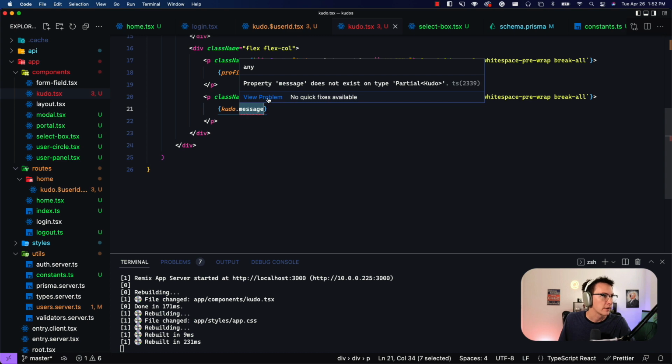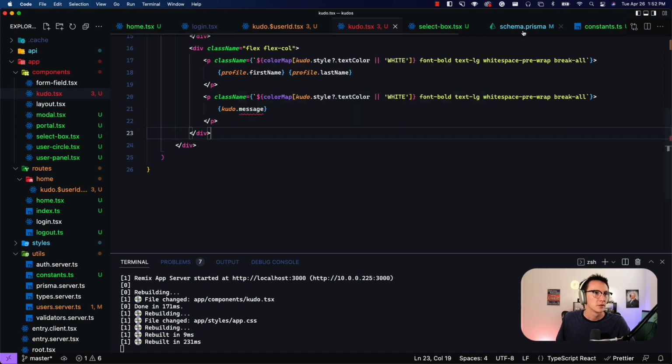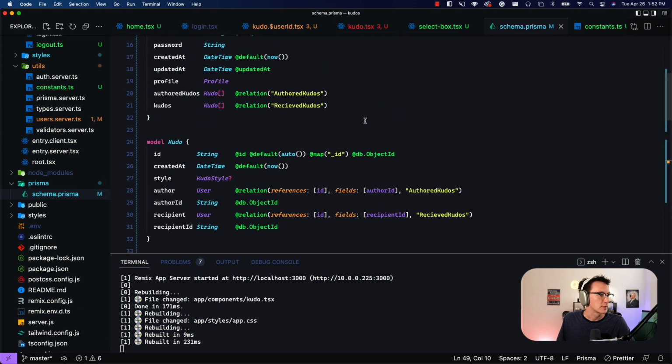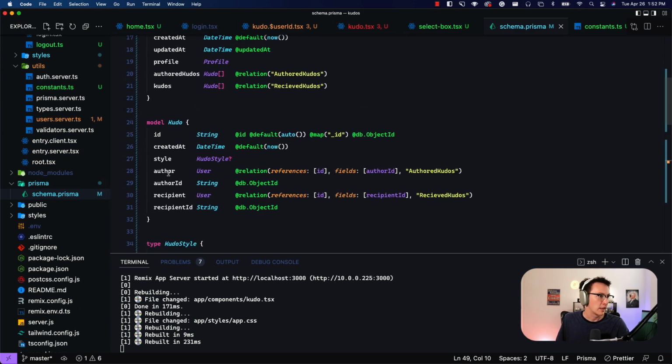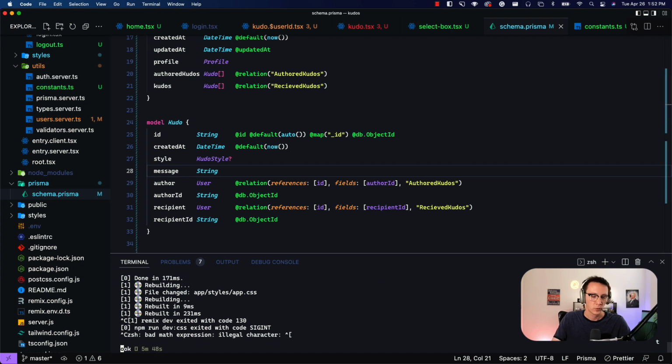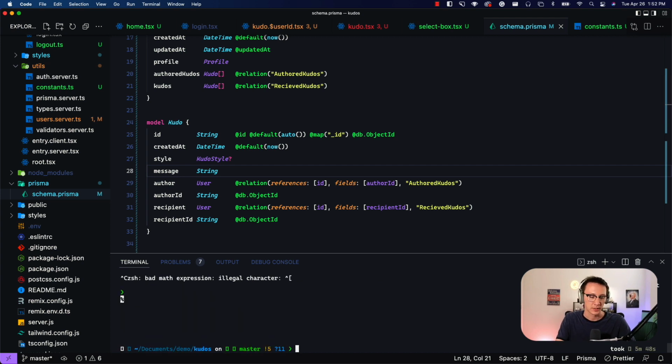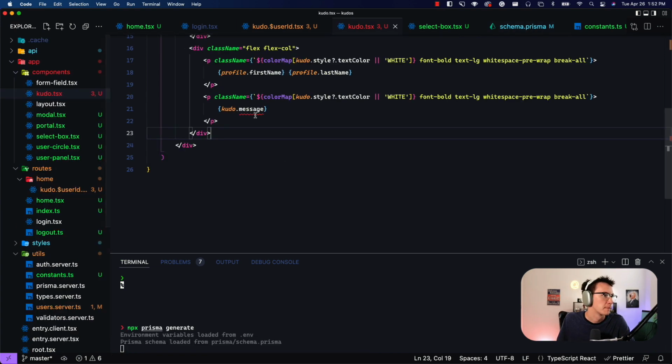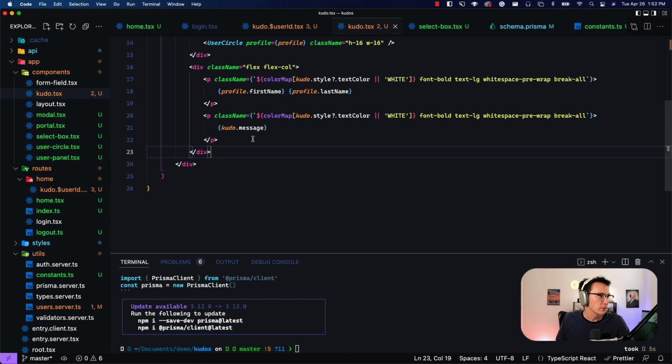And if we look at that, the message does not exist on our Kudo type. So if we pop open our schema, it looks like we haven't added a message key yet, which will be an important one. So let's go ahead and add that now. We'll do message, we'll say that's a string, and then we will regenerate our Prisma client. So npx prisma generate. Once that finishes, this should stop complaining at us, and we can move on to the last piece,